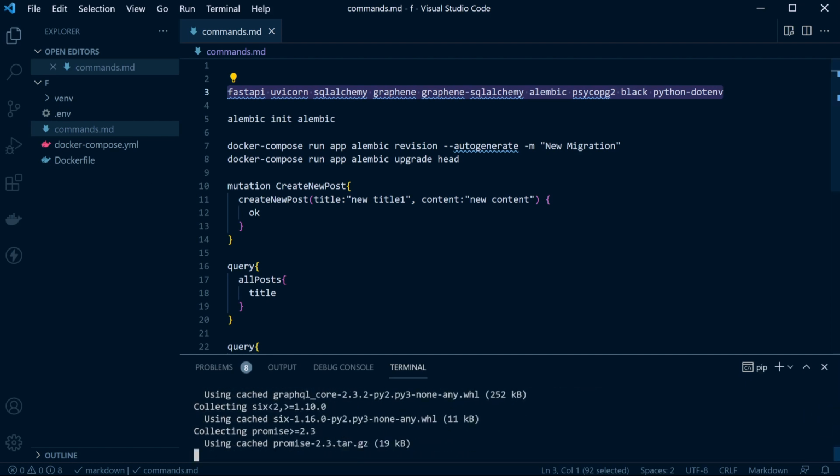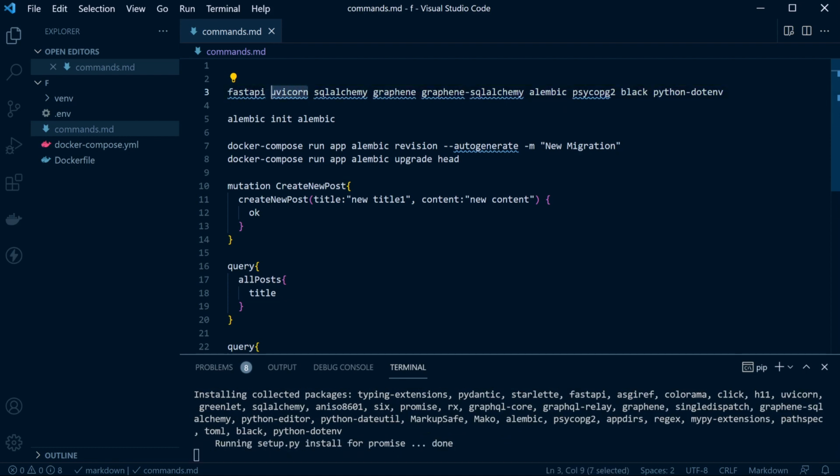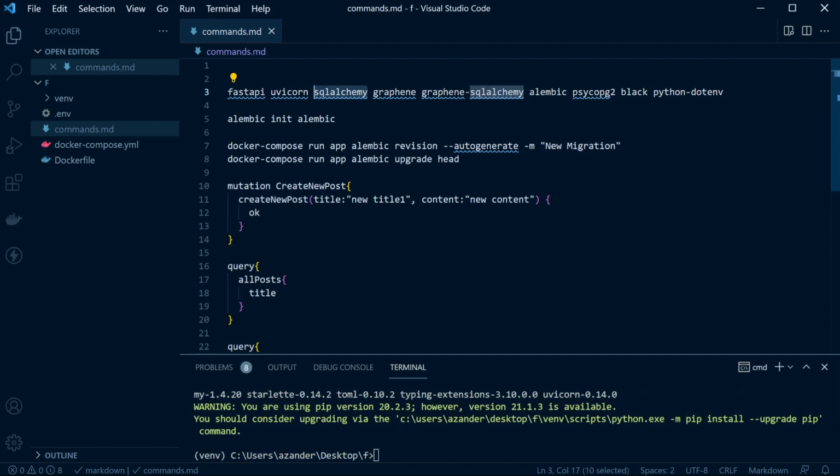So they should all run directly. While they're running, you can see we're running FastAPI, Uvicorn, which is our server, and SQLAlchemy, that's going to help us manage our database. So instead of having to write SQL, we can utilize classes in Python, and that will then get converted into SQL, ready for it to be inserted or